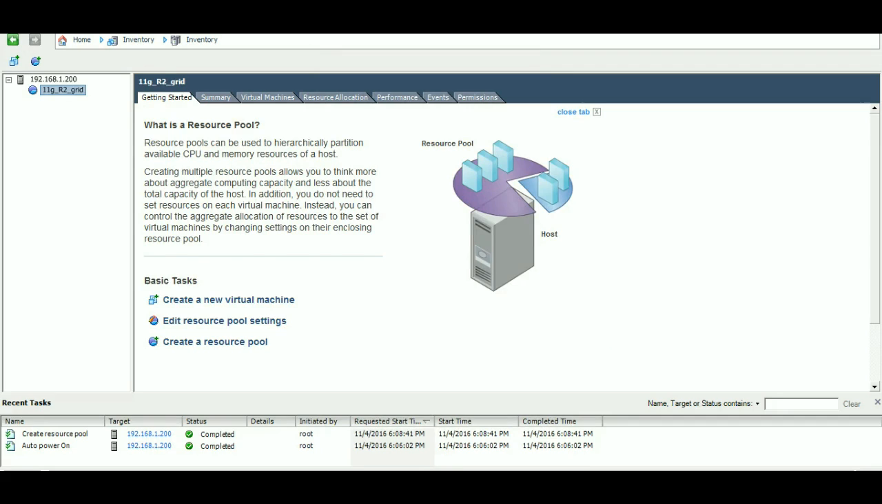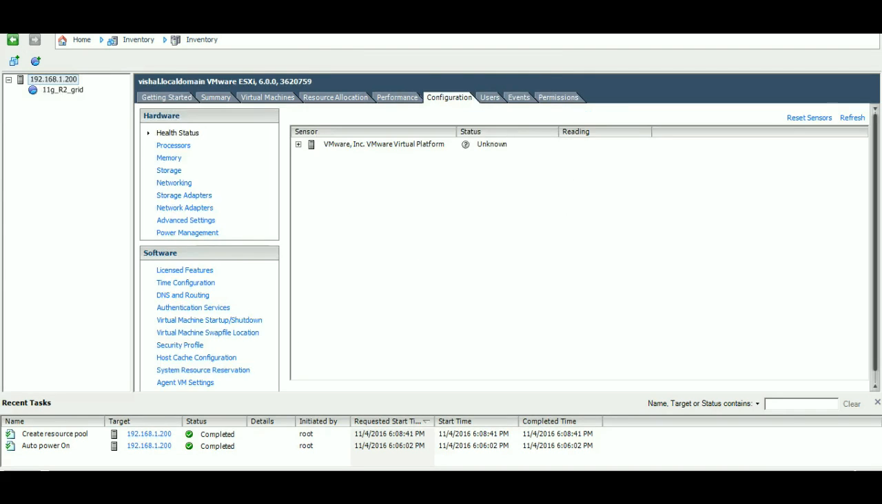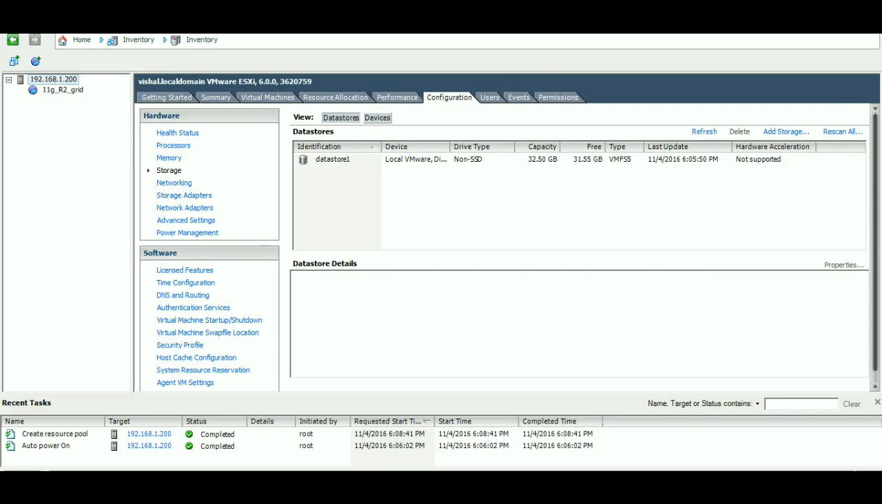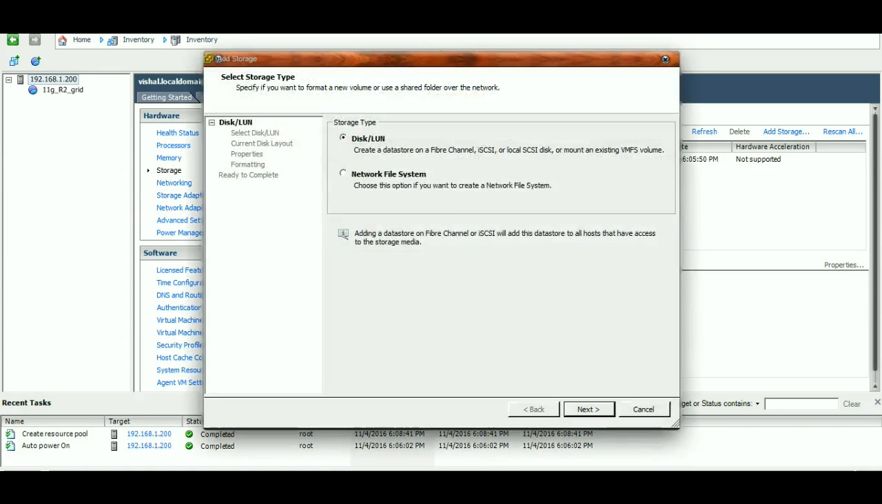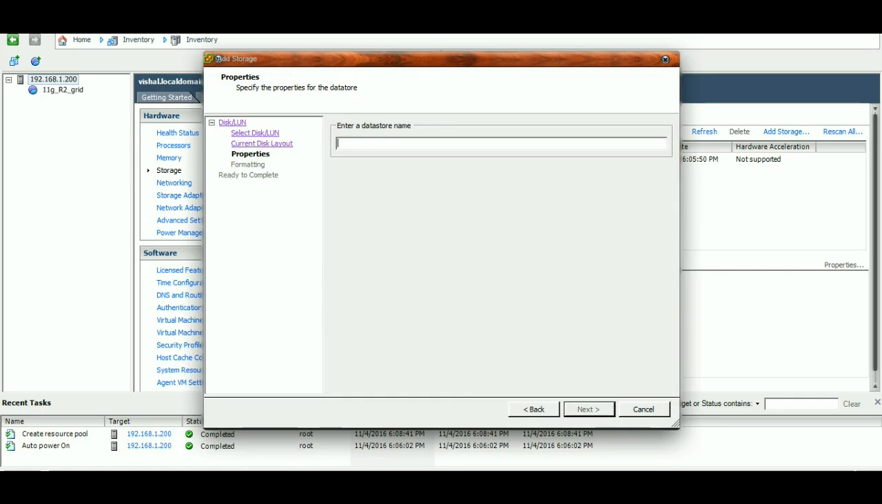Before that I add the storage: configuration, then storage. I add the storage. Only one storage of 40 GB is not sufficient for all these systems, so that's why I am adding storage. This is my storage, it is 200 GB. I add this and give the name SAN storage